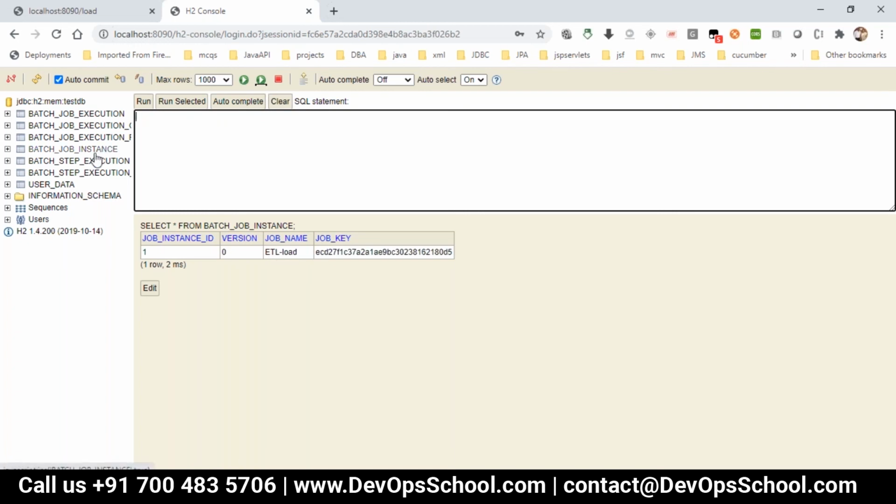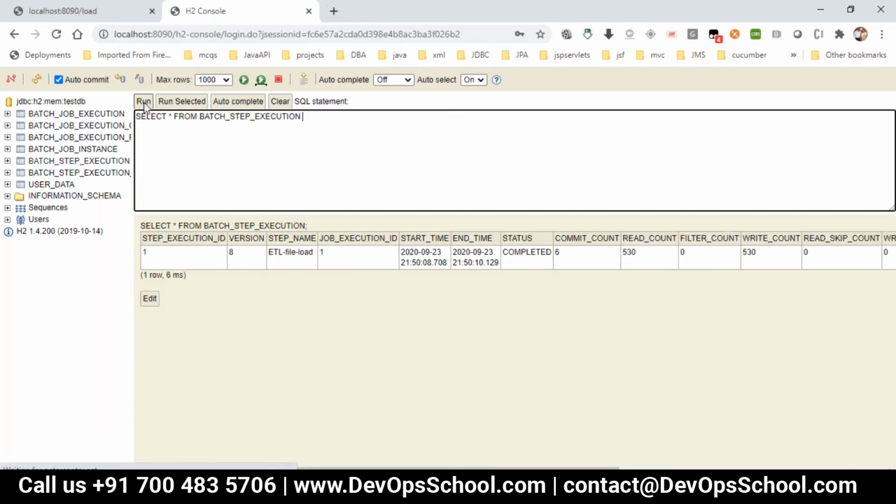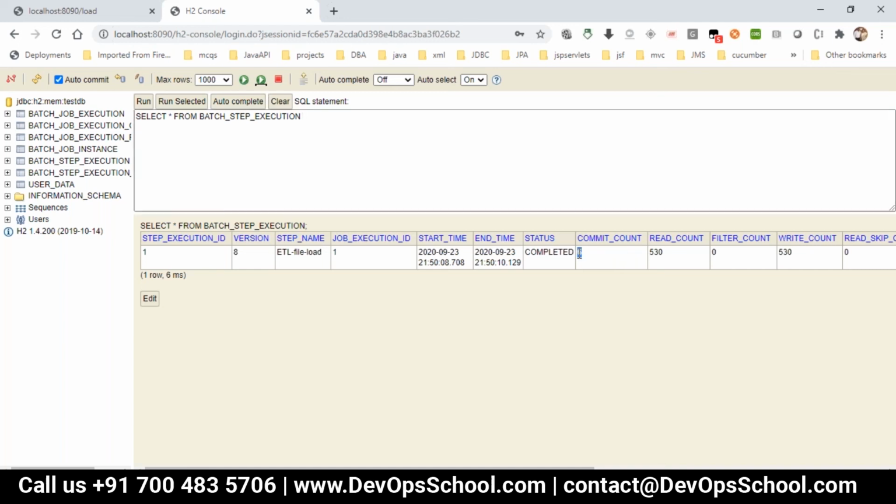Whatever step executions are done will be available here. That is the step execution. The step name is ETL file load and the job execution ID is 1, with the start time, end time and commit count. We have a total of 531 records, and 100 records is one chunk. That's why the commit count is 6, because the commit happened 6 times.